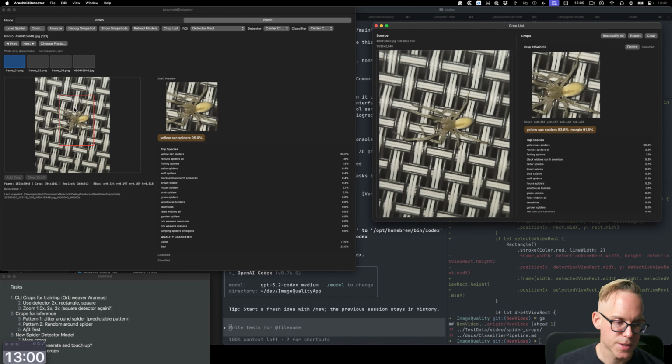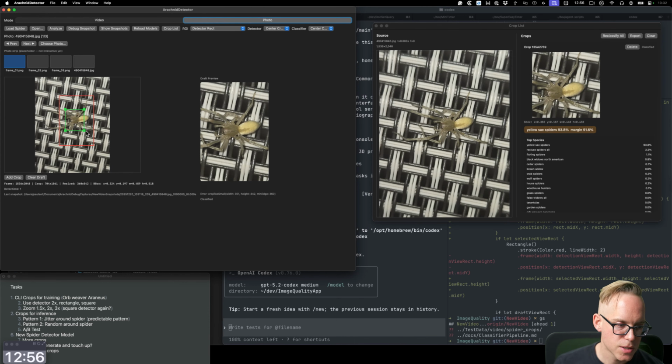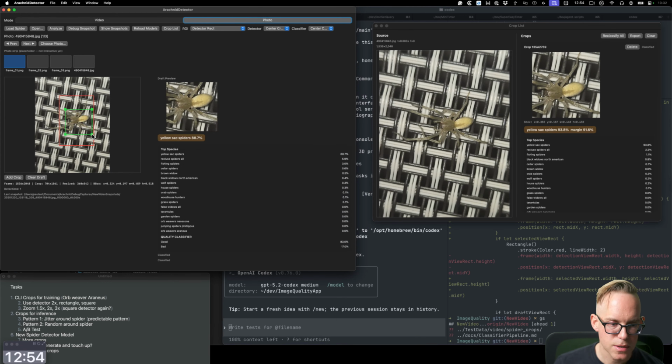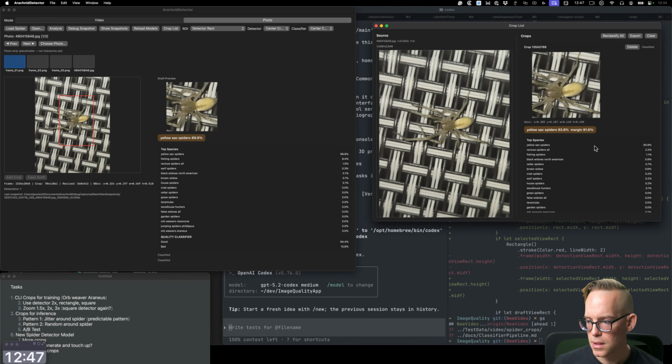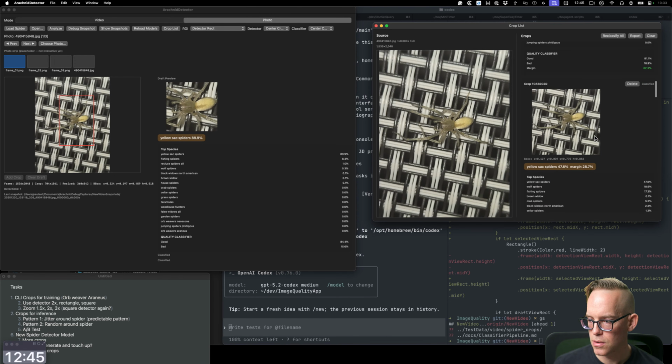This one's got a 91% margin. Now, what I want to test is my new algorithm. I need to be able to punch in closer. So how is this going to look if we get a little bit more detailed? It's 89%. It looks like I add this and our margin is going to go,